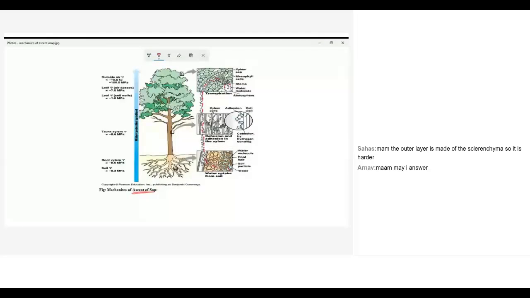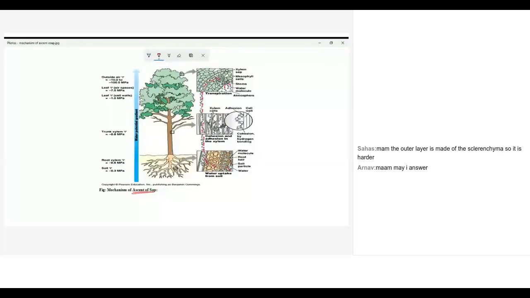Before getting into the exact mechanism, if you take a tree, just a simple concept you will be studying from your second standard itself. A tree will have a root system under the soil and a shoot system above the soil. Root system will have main root, branched roots, and root hairs. You are aware of all these words, no? Root hairs. Okay.